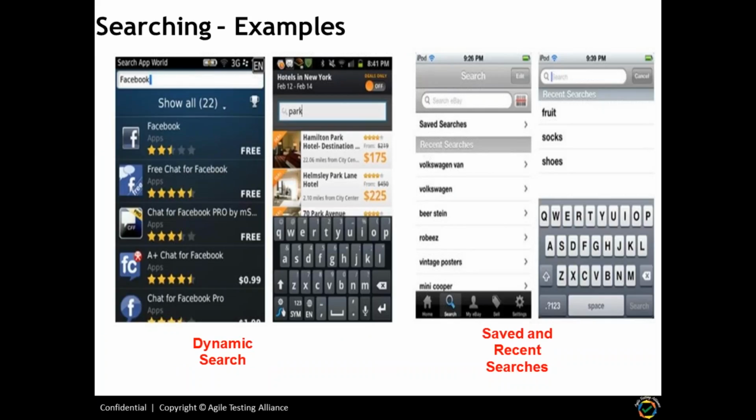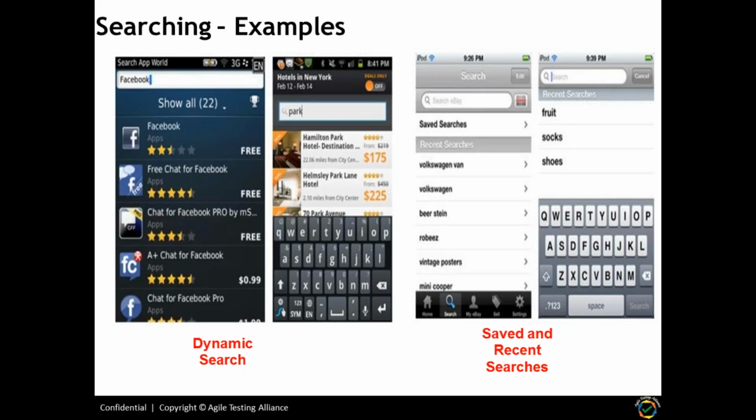Dynamic search can also be called dynamic filtering. When you enter text in the search field, it will filter the data. The examples may look like autocomplete, but obviously it's a different model. The search pattern is used to refine or whittle down a visible list of objects. So in these examples,